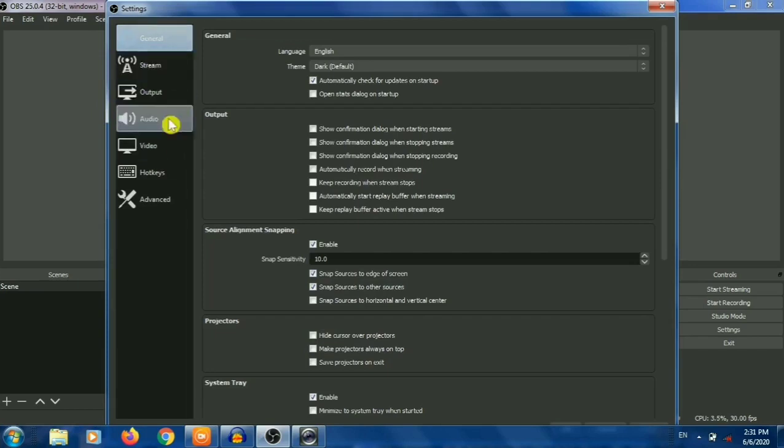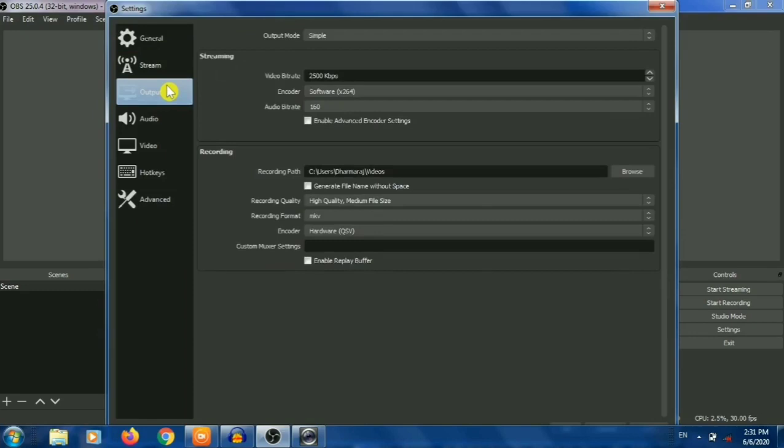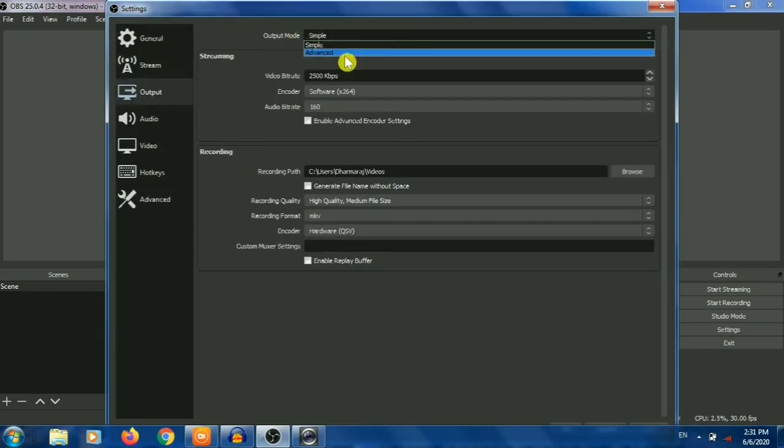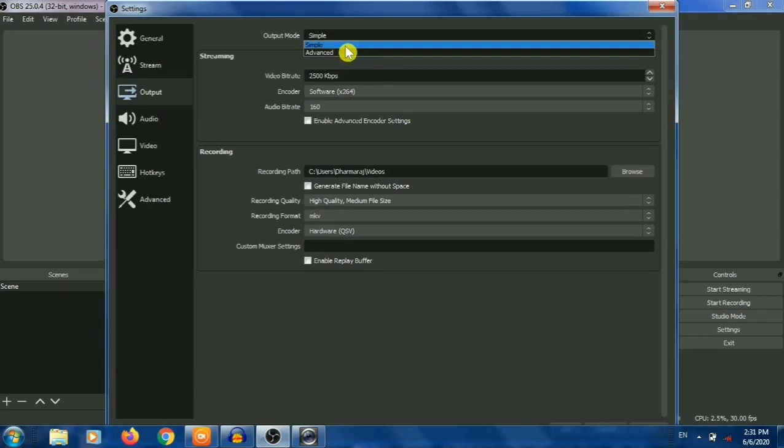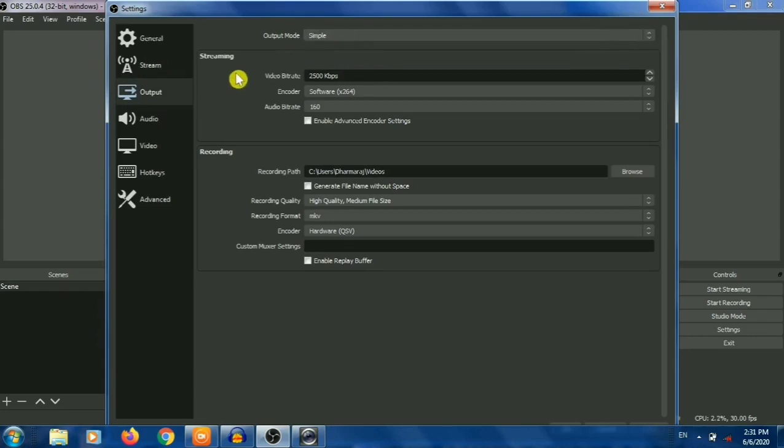These are the main categories of the settings: general, stream, output, audio, video, hotkeys, and advanced. In the general tab, set the language as English. Then in the output, there is output mode, simple and advanced. We keep the output mode as simple.